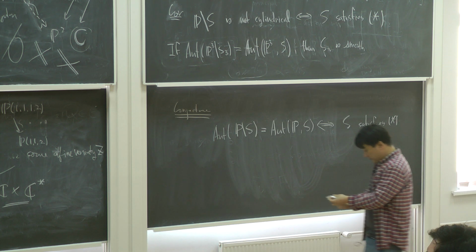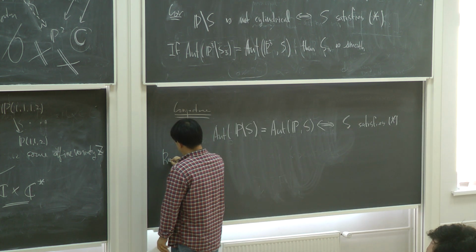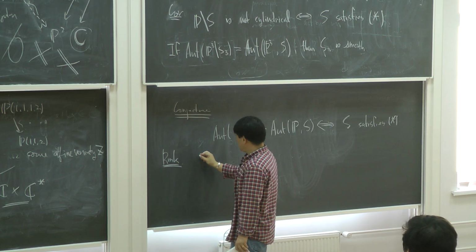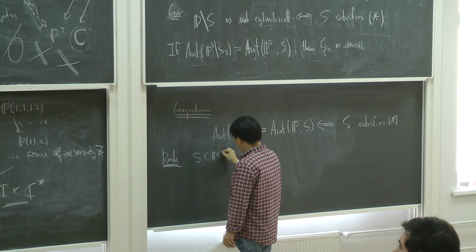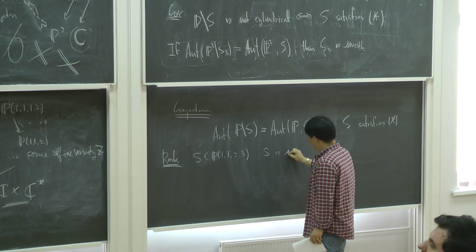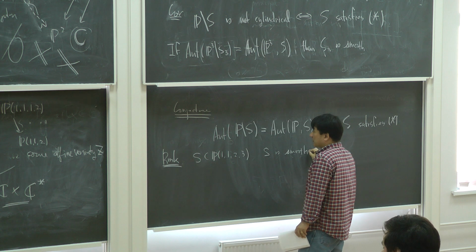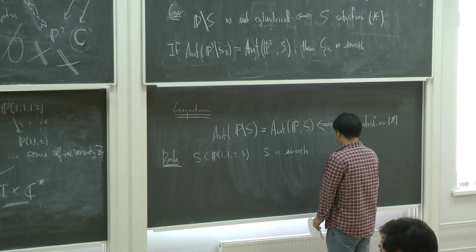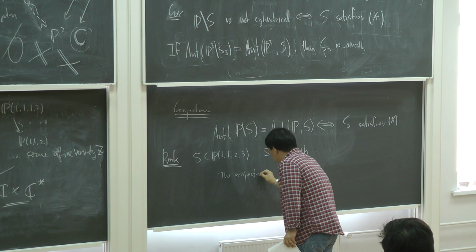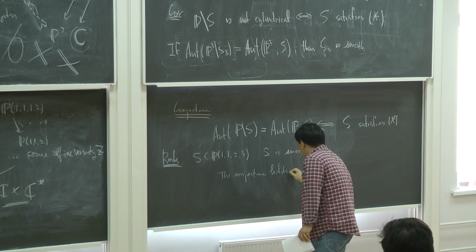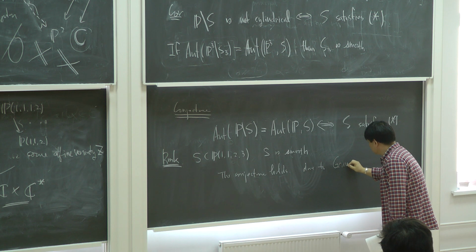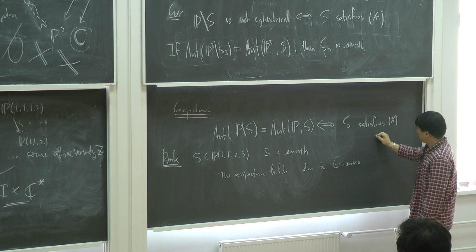And here is one remark. In this case, if we have this degree 1, 2, 3 case, and if S is smooth, then this conjecture is true. This is due to Grinenko. He proved